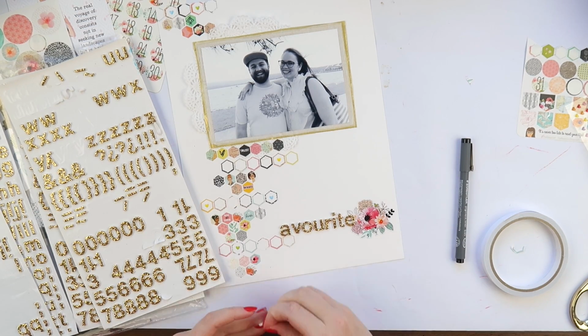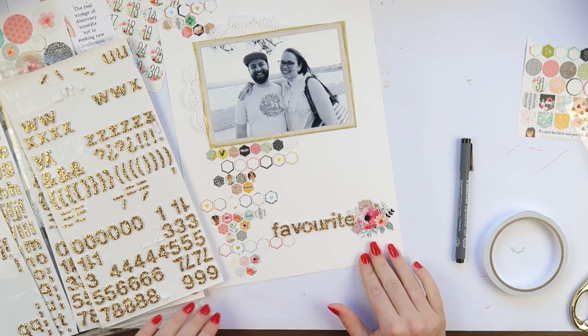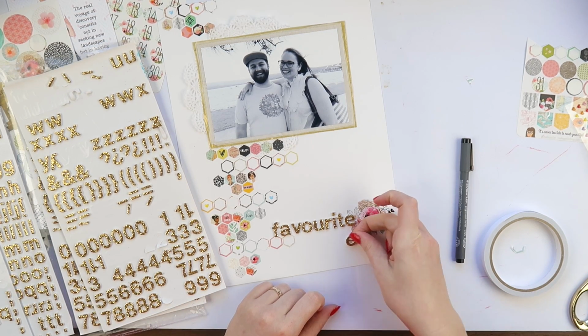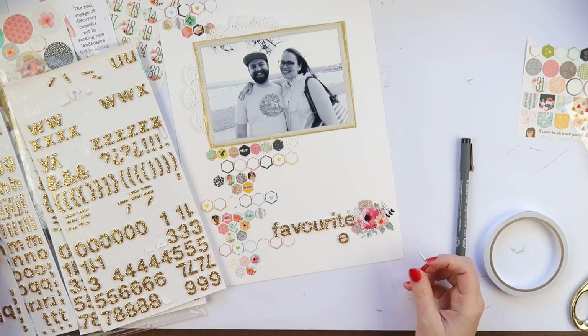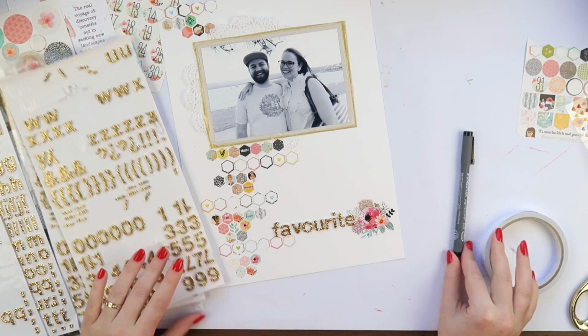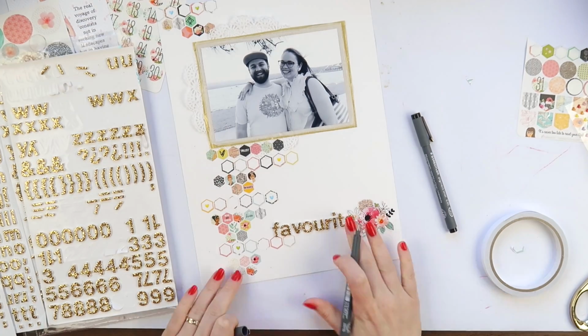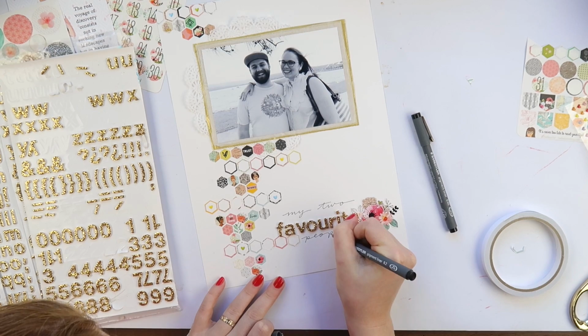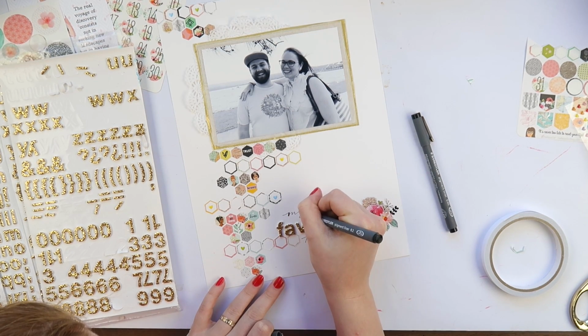So I decided to call this one my two favorite people, because they are, and I decided to do the favorite and the people in the glittery. Nope, see, I did just do favorite. There you go, Adele. So I'm just using my Staedtler pigment liner just to do the rest of the title